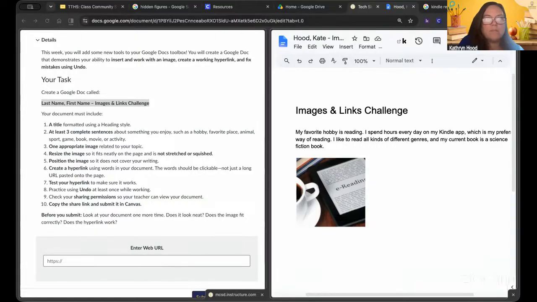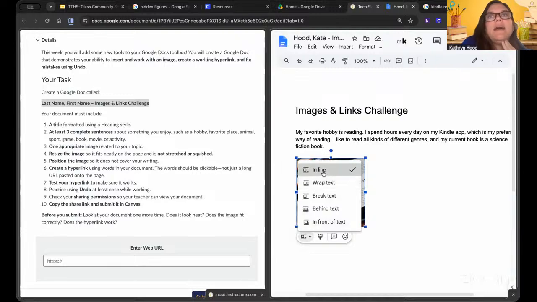My thing won't let me move it. Okay, so if it's not letting you move it, then I suggest that you click this button right here on the wrap text and make sure that it's on. If you changed it to inline,